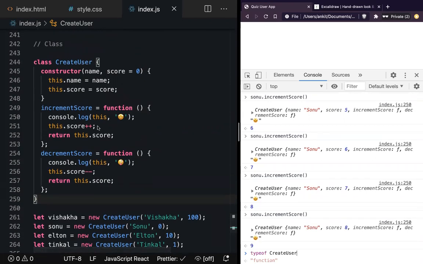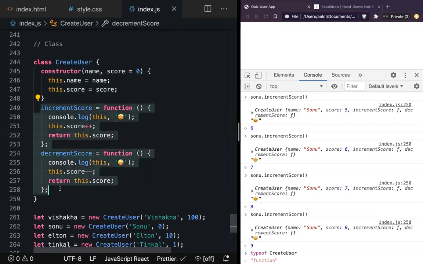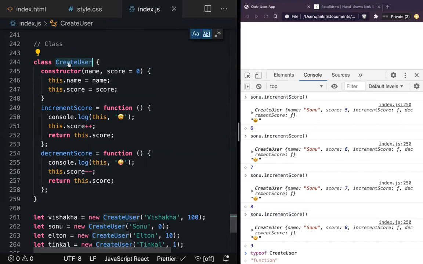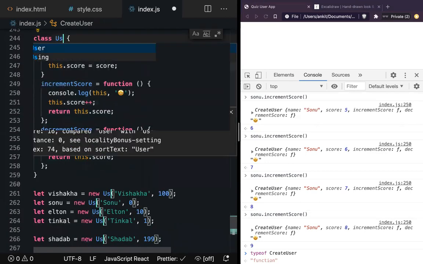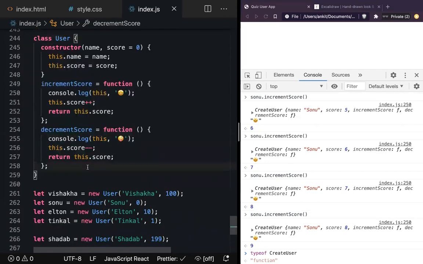So here what we are doing is creating a class, and you can think of a class as just like an object. The only reason we are doing it is to organize our constructor and other things in the same place, inside the same umbrella. That's all. Earlier we were calling it createUser because it was a function, but now it is a class, so we can just call it User. So User is a class that is going to take name and score, and we call it with new because new will create an object, name it this, add these properties there and return that value.